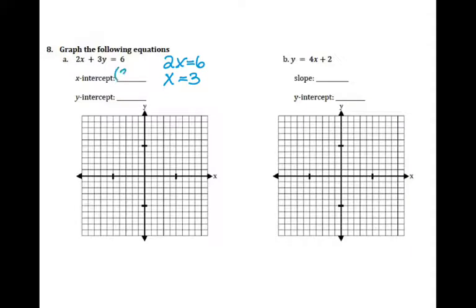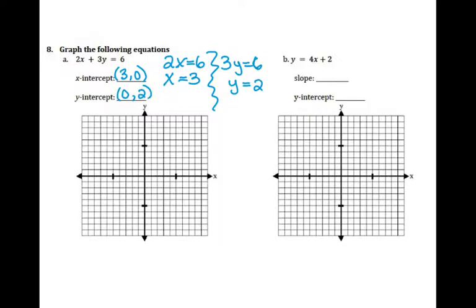So my x-intercept as a point is (3, 0). For my y-intercept, I'm going to plug in 0 for x, and that leaves me with 3y equals 6. So I get y equals 2. And of course, I'm going to write that as an ordered pair. My x is 0,